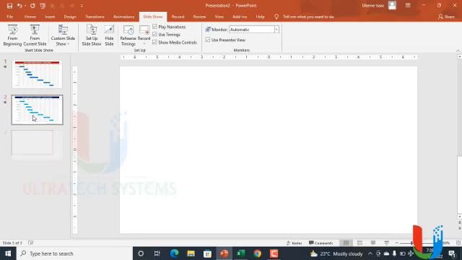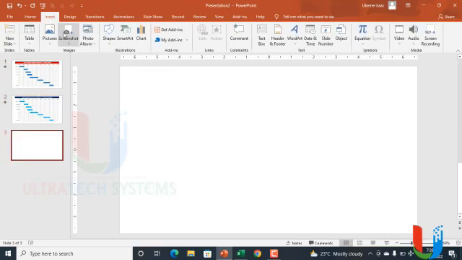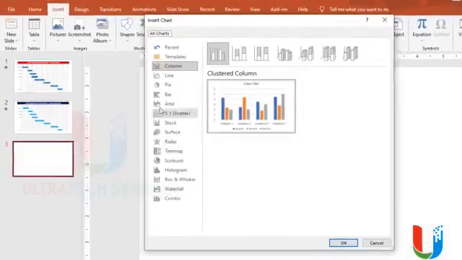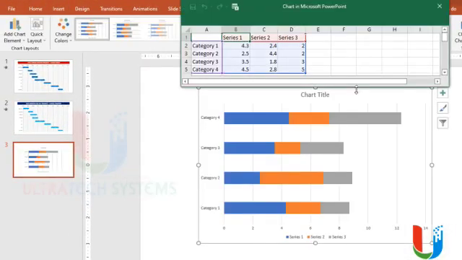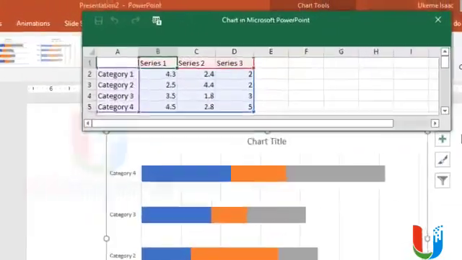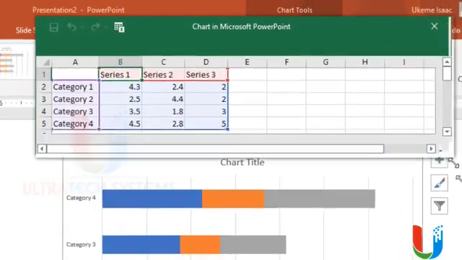First of all, we're going to insert a new slide, Ctrl M on the keyboard. We'll go to Insert. From Insert, we click on Charts. From Charts, we go to the bar chart. I'm going to use a stacked bar chart. I'll click OK. Normally, PowerPoint will always open the chart sheet in PowerPoint that allows you to enter data for your charts,